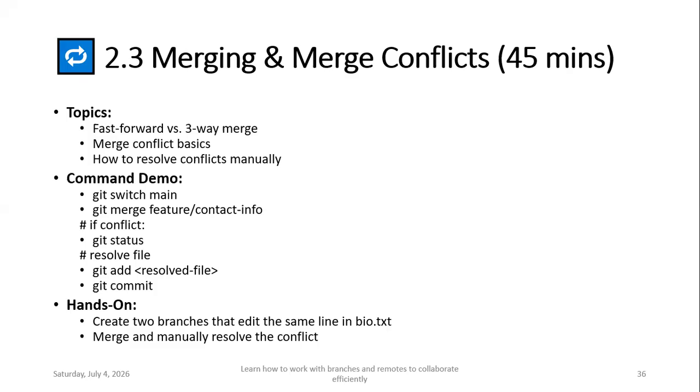And now we will discuss the two types of merges, the Git merge and the Git rebase, depending on the environment that we want to see. But within the Git merge, for example, we'll look directly into the two types of merges: fast forward merge versus the three-way merge. And then we will see how we can resolve merge conflicts, because